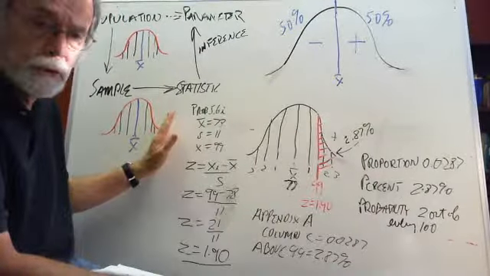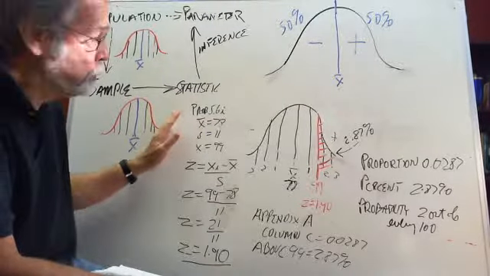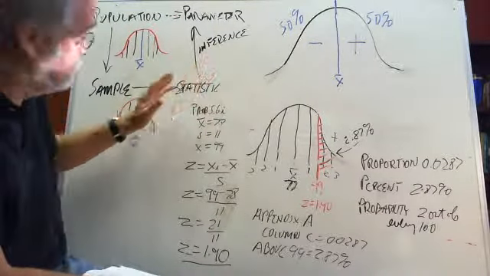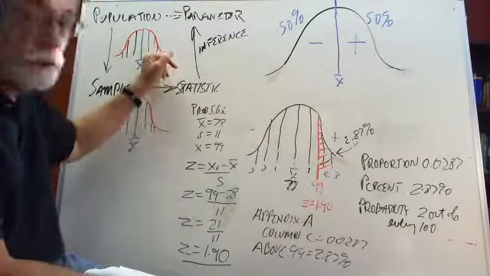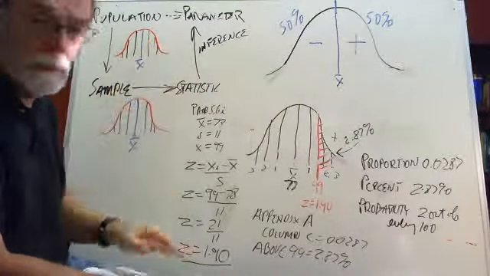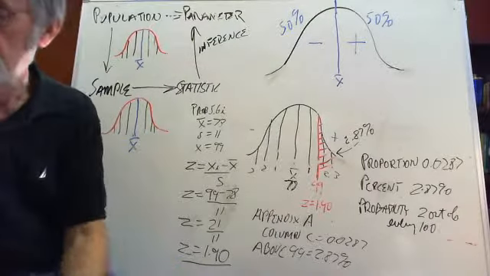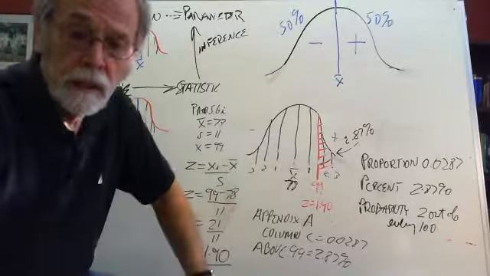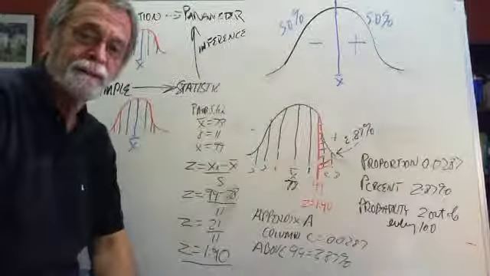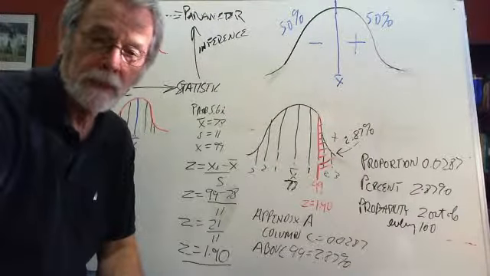Whatever you find in your statistic in the way of z-scoring, you can assume that the inference would, if you've got a good sample size, be an accurate estimation of that same distribution up here in the normal curve, hypothetical normal curve of the population. So that's Chapter 5, and talk to you next week about